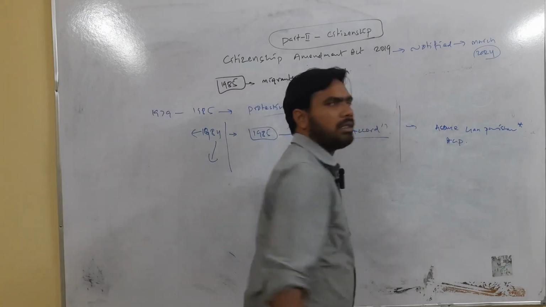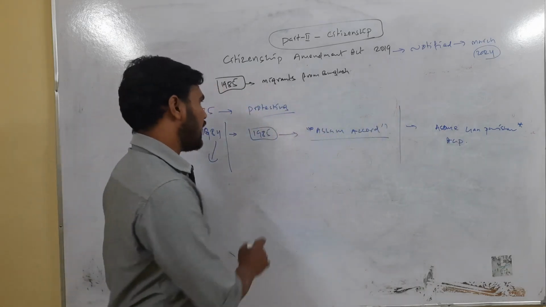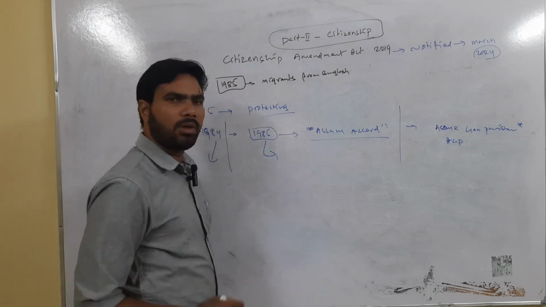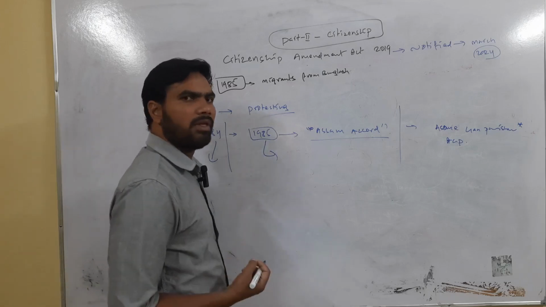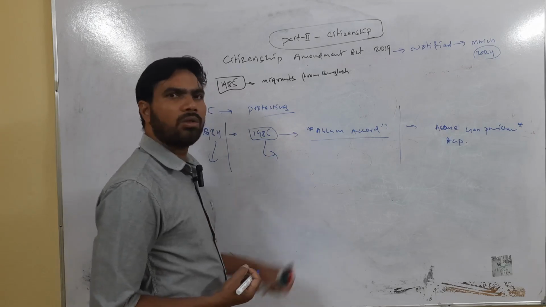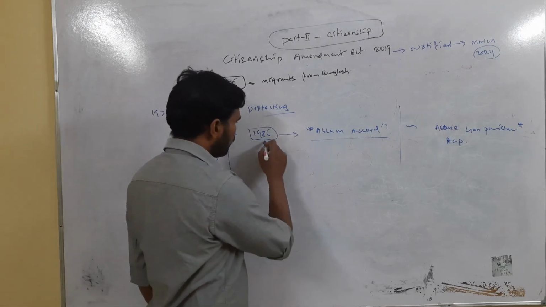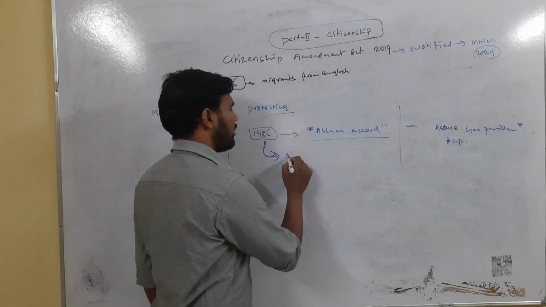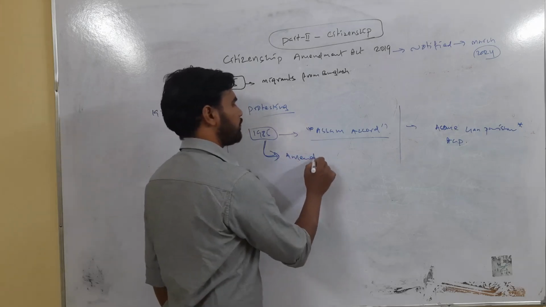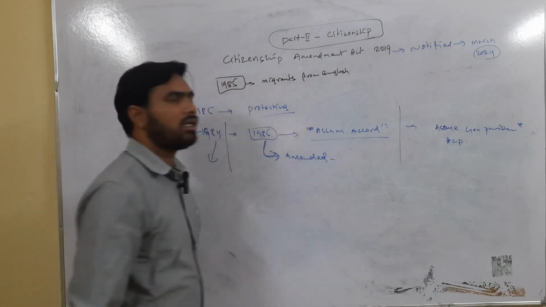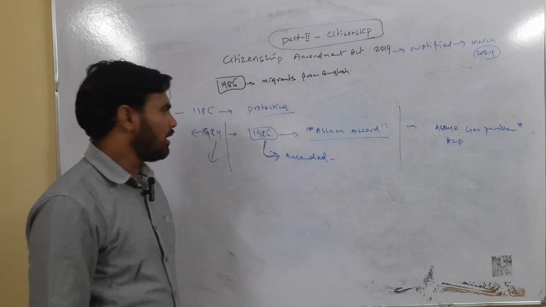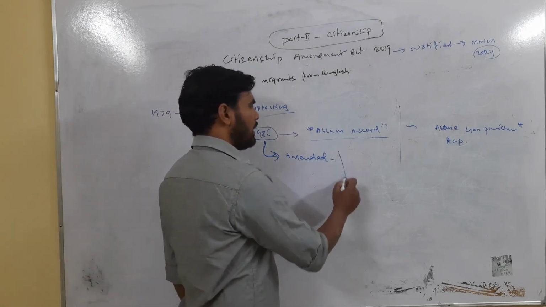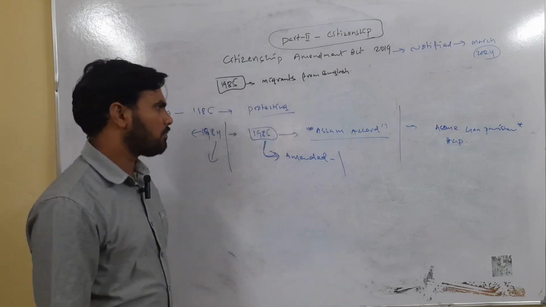Accordingly, based on the promise that the Rajiv Gandhi government gave, that we are going to address the illegal migrant problem, to fulfill that promise they amended the Citizenship Act. What is the amendment the Rajiv Gandhi government has done? It said that